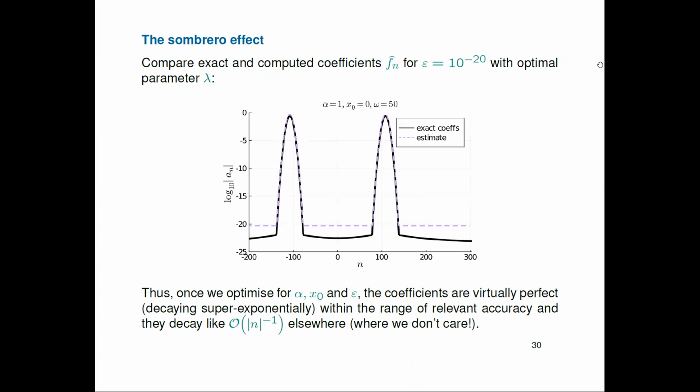But a little beyond 10 to minus 20, suddenly we have a transition to very, very slow decay like 1 over n. And we know that technically at infinity, it has to be 1 over n. But by choosing our window sufficiently large, we can choose exactly the transition point between perfect fit and doubly exponential decay and this very, very slow linear decay. And we can place the linear decay in a regime in which we are not interested. We are not interested in what happens under 10 to minus 20. Or if you really want up to 10 to minus 40, you choose a different lambda. Sounds wonderful,